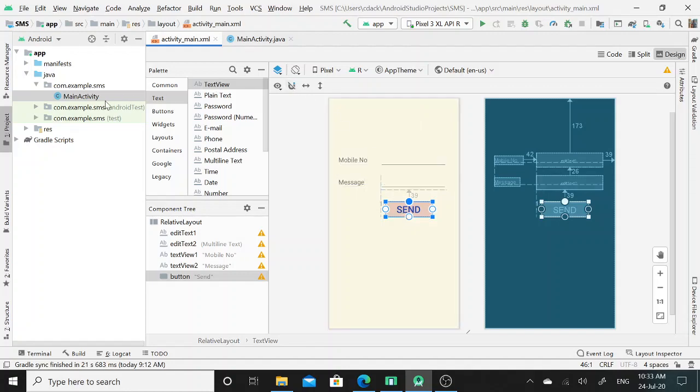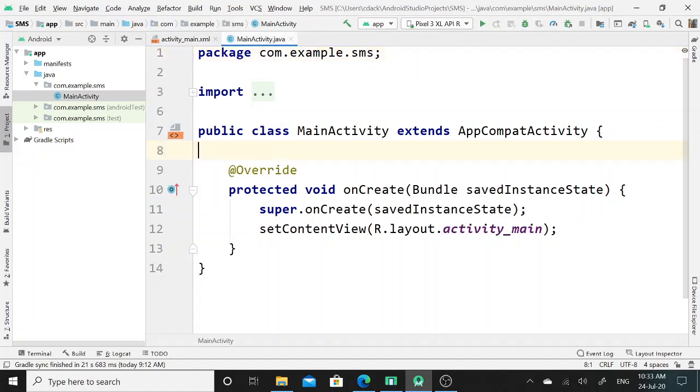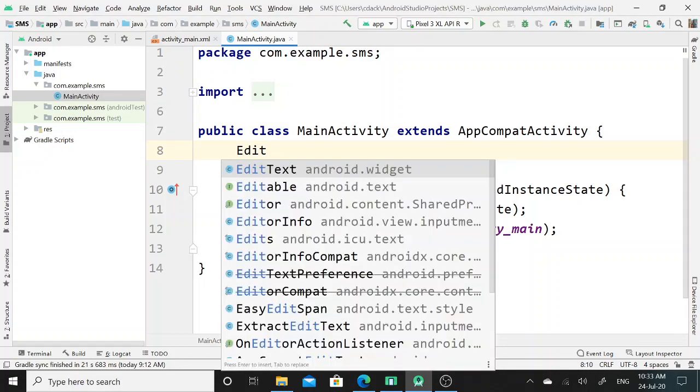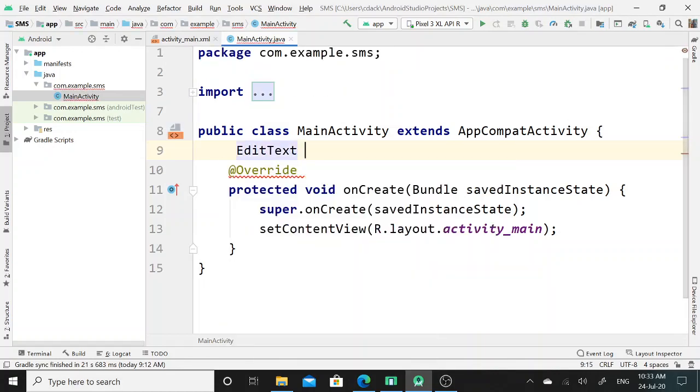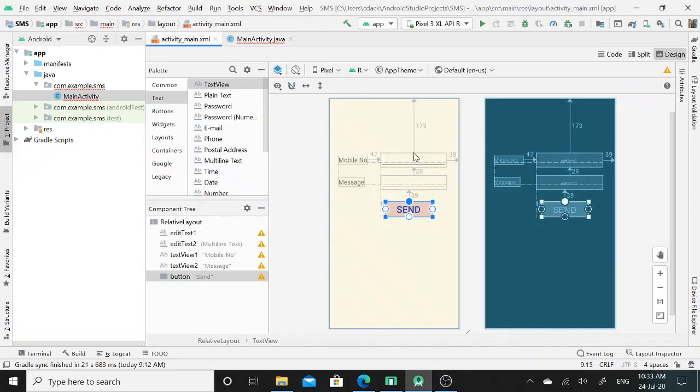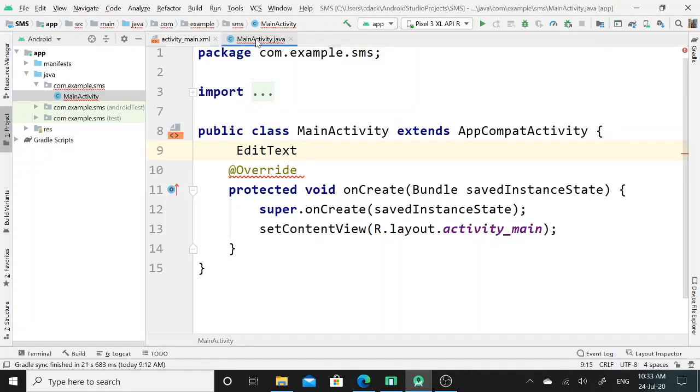So again I will click on the MainActivity.java class, and here I will create the reference for edit text as well as button. This is the first edit text for the contact number.